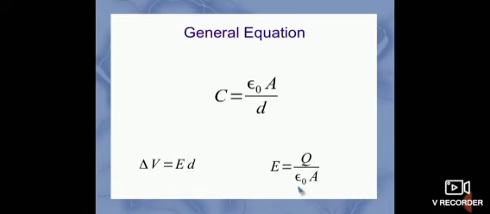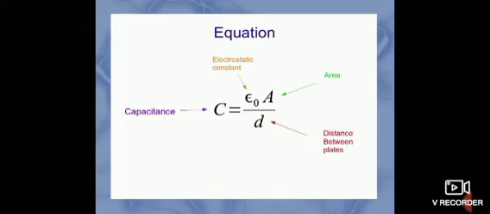It is the general equation for the capacitance between two plates if the plate area is A and the distance is D. C equal to epsilon naught A by D, which is derived from the equation Q divided by V, where V is del V. That is a small area that is considered for finding the value of capacitance. Therefore, the capacitance is equal to epsilon naught A divided by D, where epsilon naught is the electrostatic constant, that is permittivity, A is the area and D is the distance between plates.